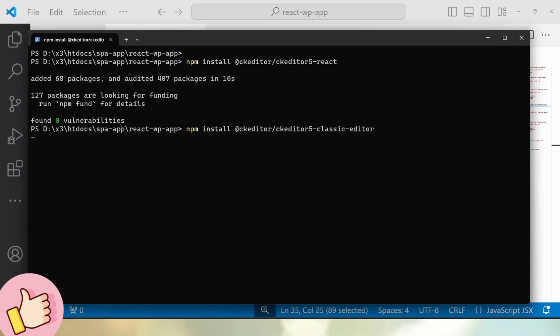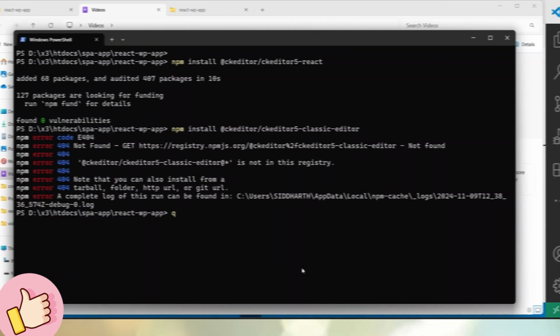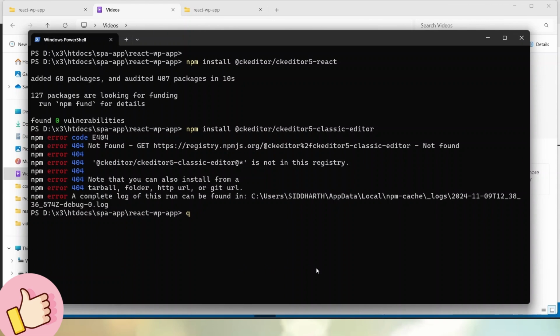Hit enter, and here we are getting an error, package not found, obviously because we typed a wrong package name. It will be npm install @ckeditor/ckeditor5-build-classic. This was our package name. Once we type this one, hit enter,